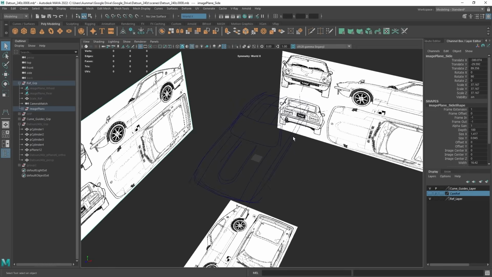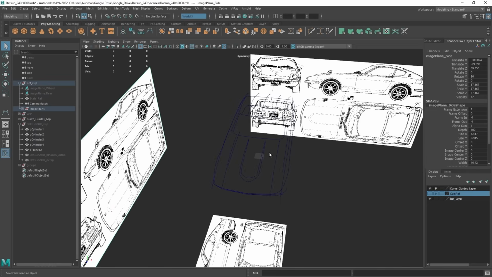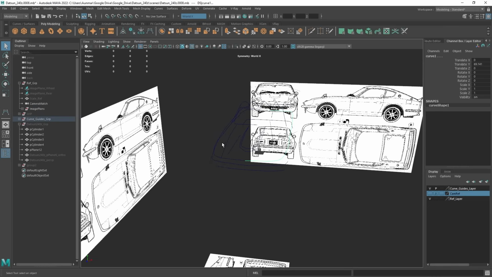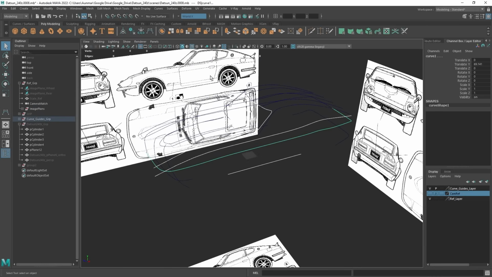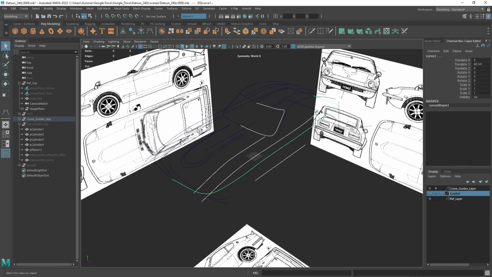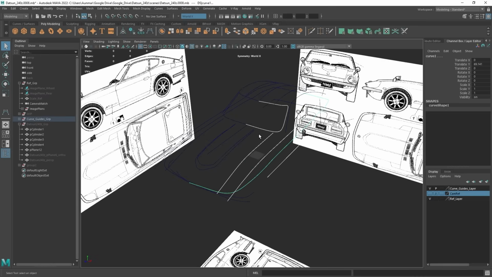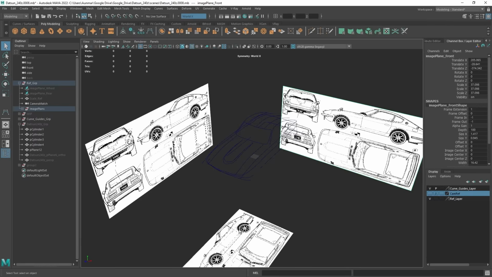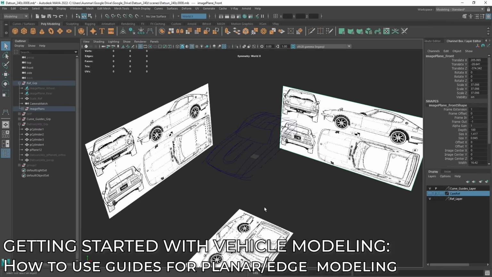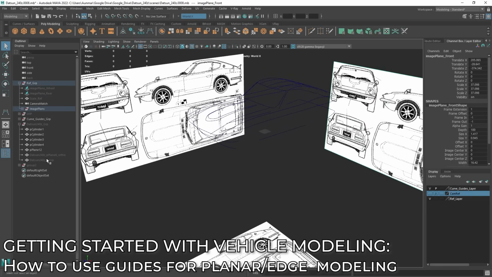Now, if I wanted to make adjustments, I can simply make adjustments to these curves now, and then it'll save me time down the road. But I wouldn't spend too much time on adjusting these curves. These, again, are just guides that are taking us from 2D to 3D. All right. Now that we've created guides, let's look at the process of how to get to this,